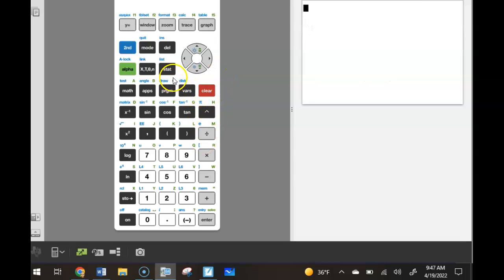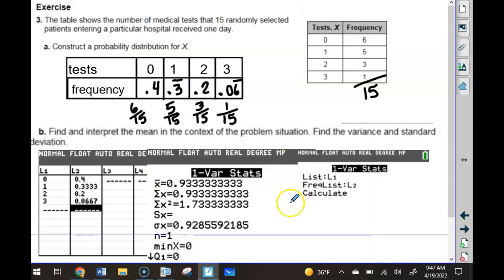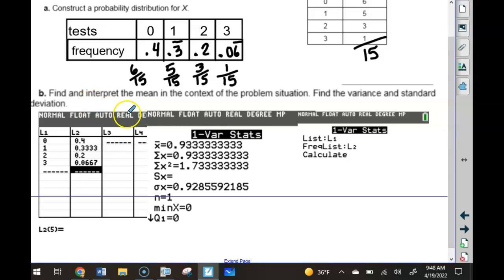All right. So we got 0.9333. It says, I don't care about the variance and standard deviation. I just want to interpret the mean, okay? So that part of it where it says interpret the mean right here, let me switch colors. Find and interpret the mean in the context of the problem situation. Okay, so our situation is the number of tests. So we're going to say the mean was